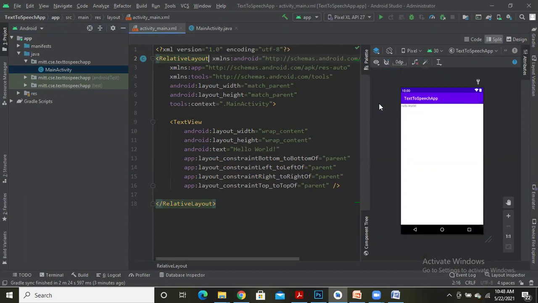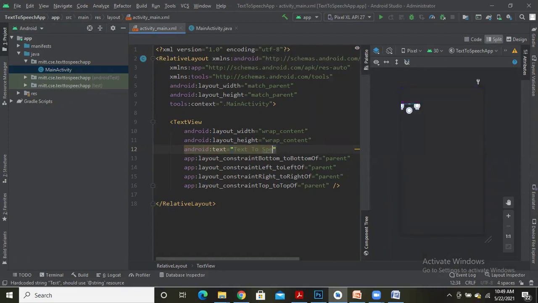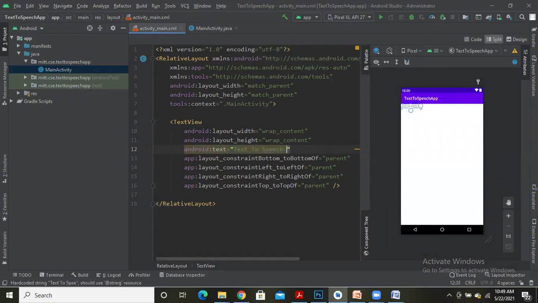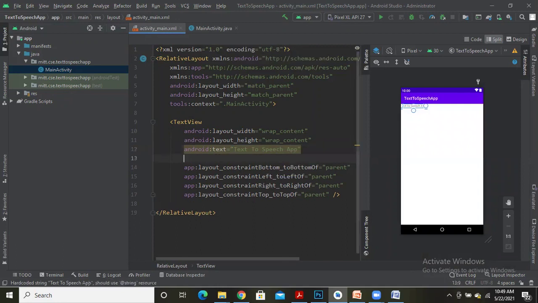Okay, visible clearly. Now the text view which is present here, let me change the name as, instead of hello world, I'll write it as text to speech app. I'll increase the size of this text.